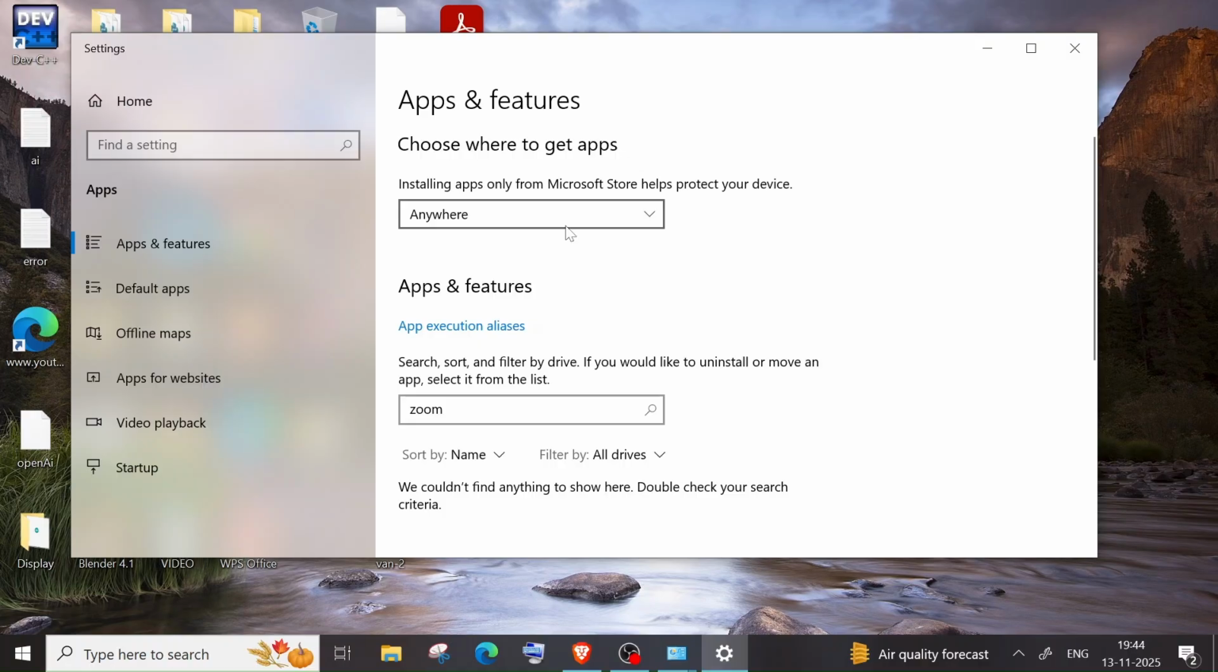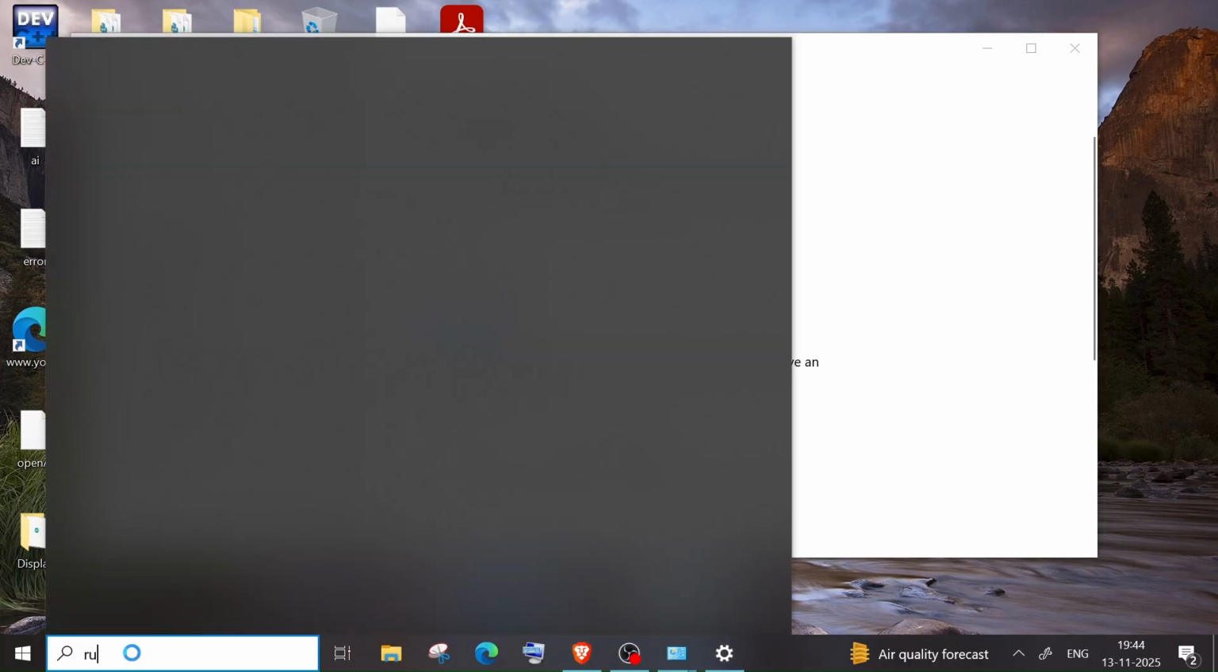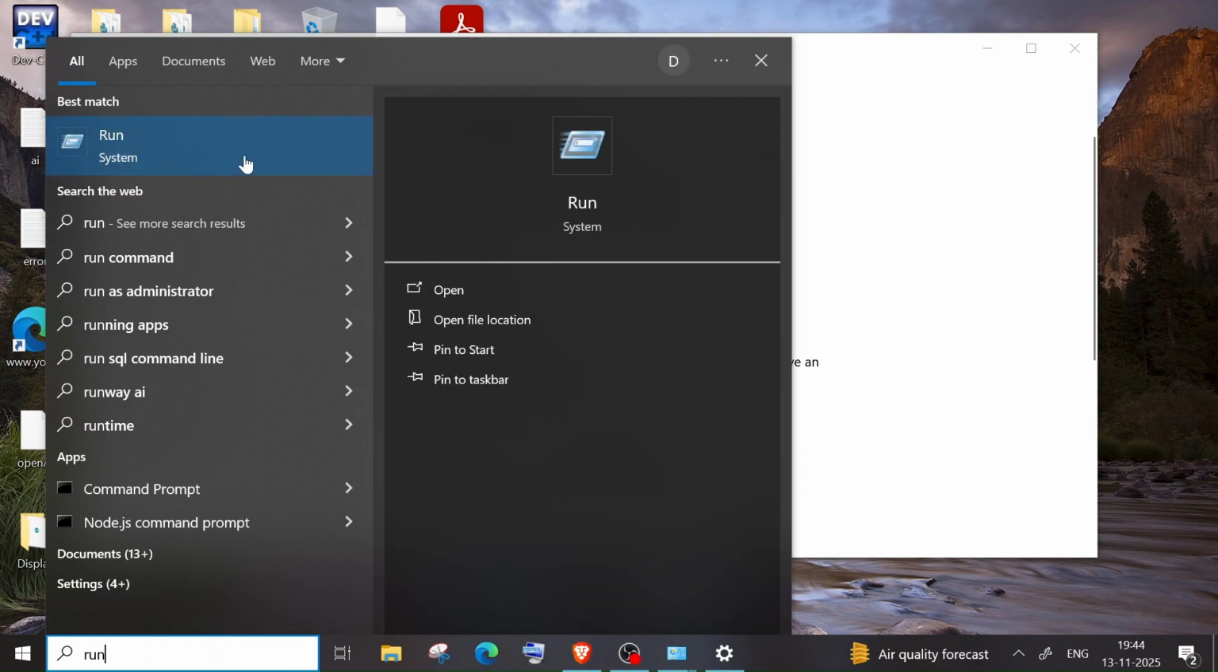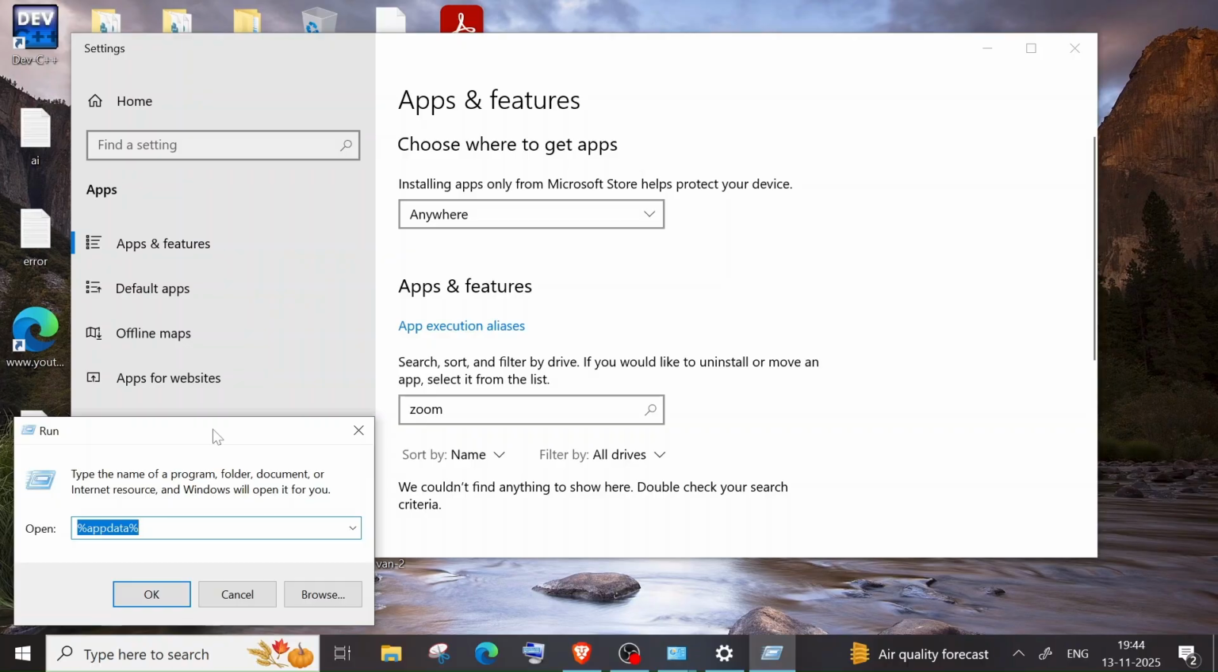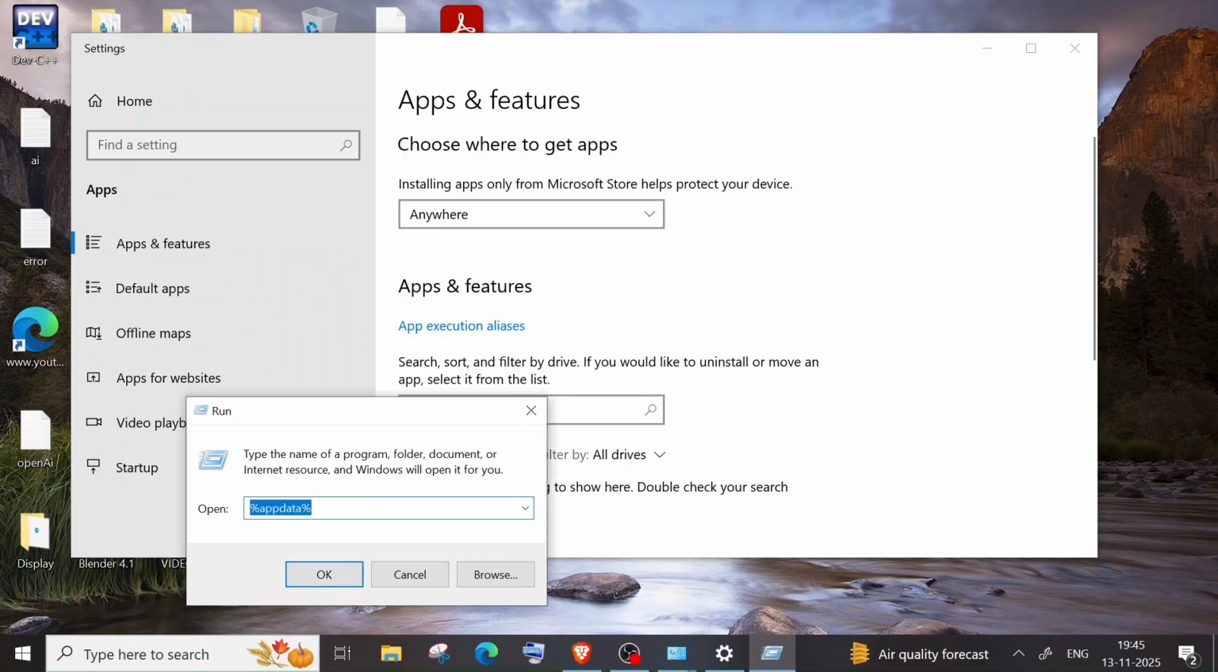So now we are done uninstalling, and after this we can check if we have any folders related to Zoom. We can simply delete that also. For that, just go to search and type for run. We'll have this Run system. Open it and just type here %appdata% and click on OK,